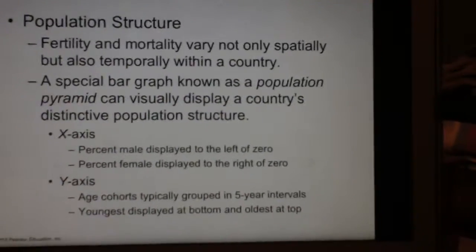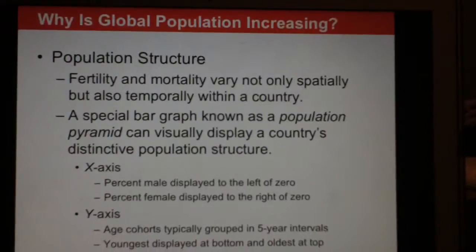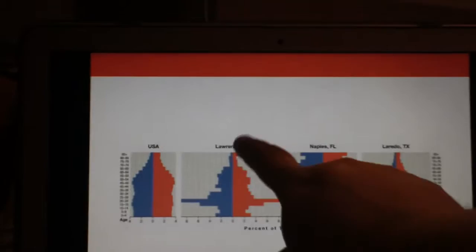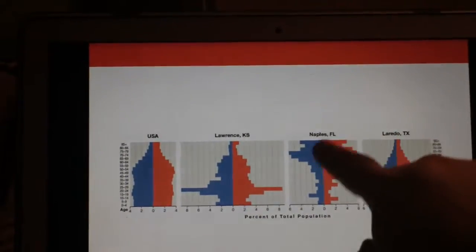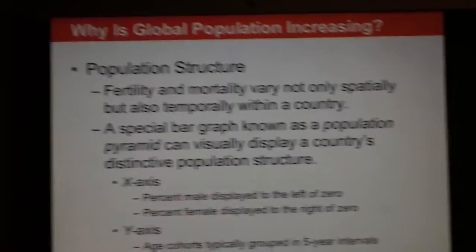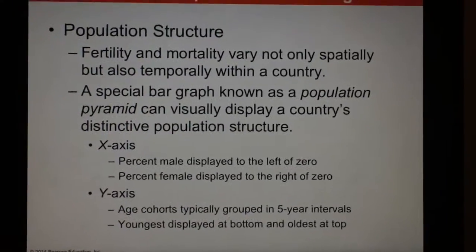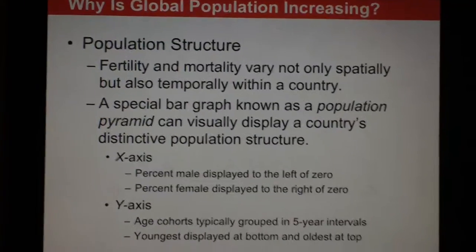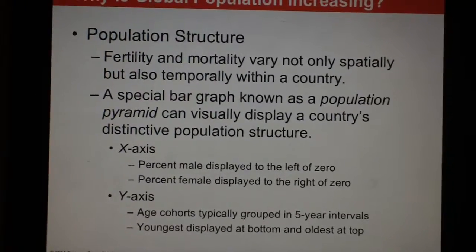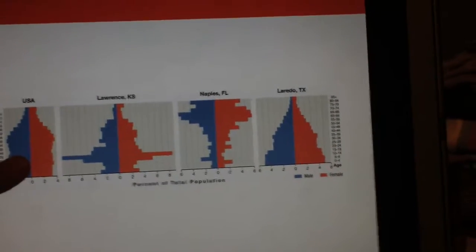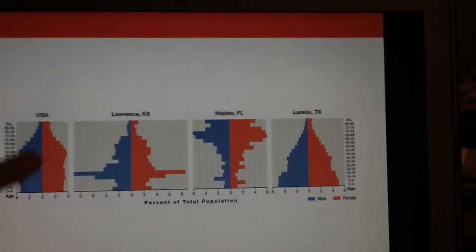So this is what they look like. On the x-axis of the population pyramid, we're going to have the percent male displayed to the left of the 0 and the percent female displayed to the right of the 0. So the percent male is generally shown in blue, which is helpful, and the percent female is generally shown in